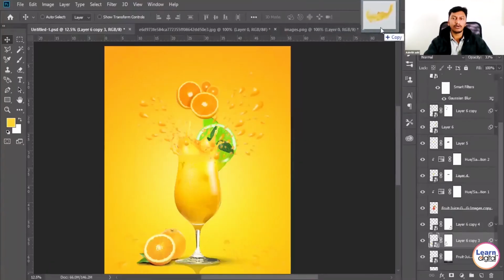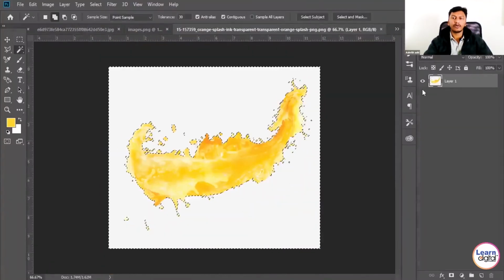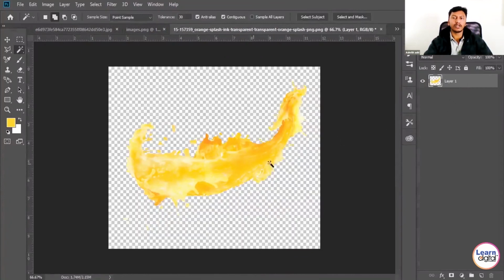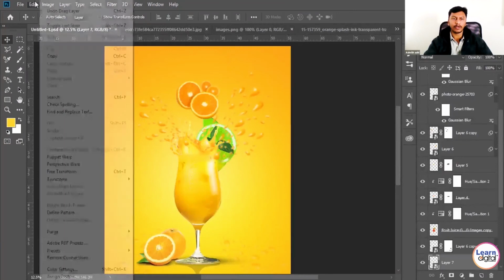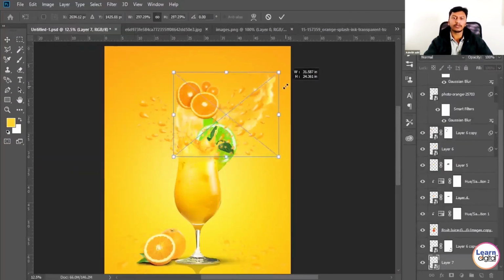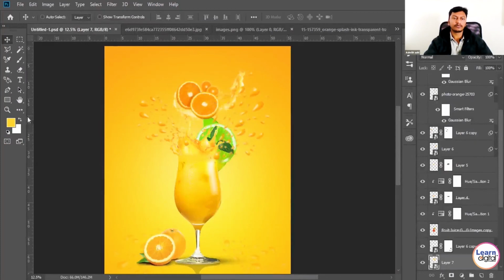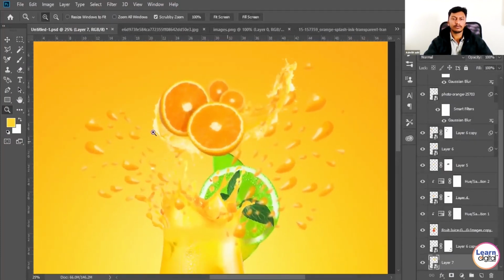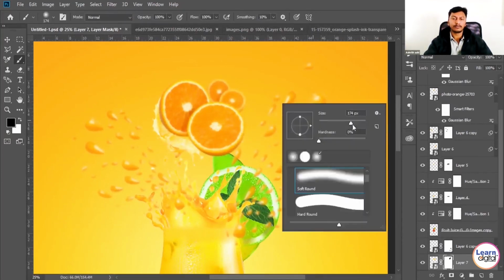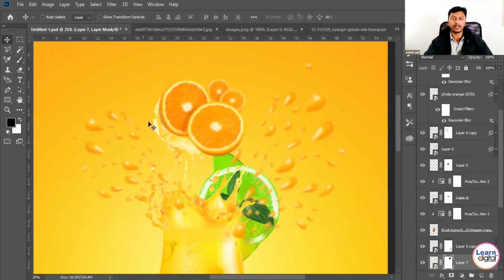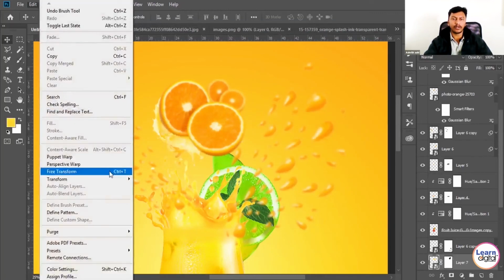So yes, this looks good. Save the image. As usual, remove the white part. Just take the necessary part and drag and drop. Where you need, in the top end if you want you can place, or in the bottom end if you want to place you can place. Now the unwanted area I'm erasing. I'm placing that exactly at the bottom of the orange slice over there.